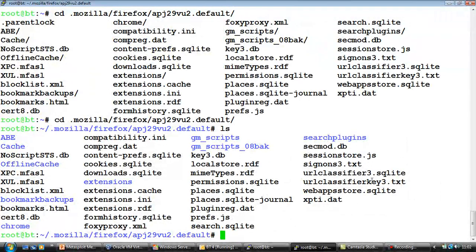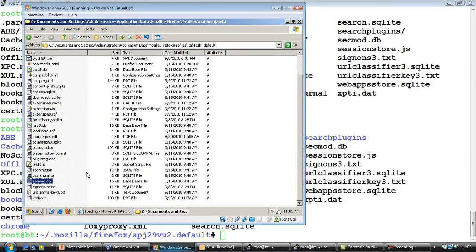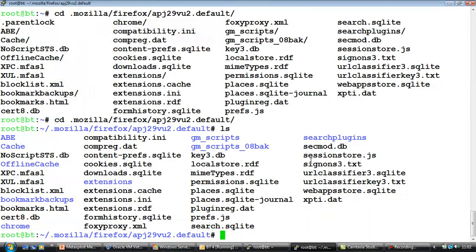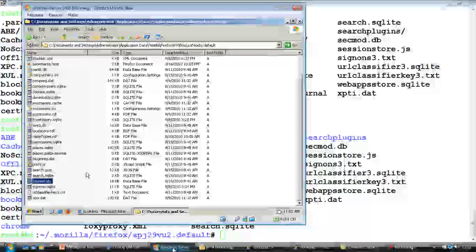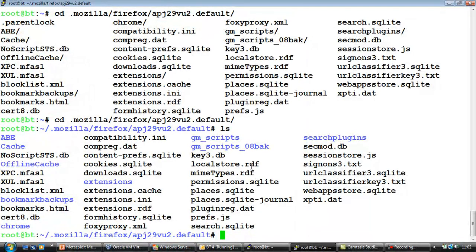Right? So this is the exact same directory. If you compare it with the one on Windows, you would see the same profile directory. There is one catch though. Different versions of Firefox use different schemas. The one running on the Windows server is running Firefox 3.6. The one here is, I think, running the 3.0 version, because of which sign-ons.txt is the file instead of